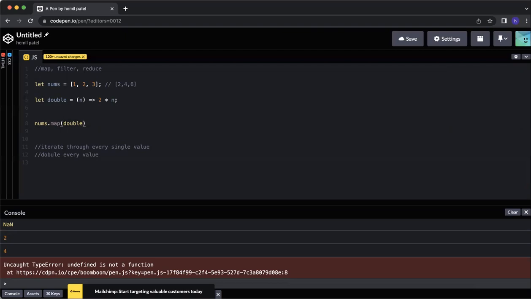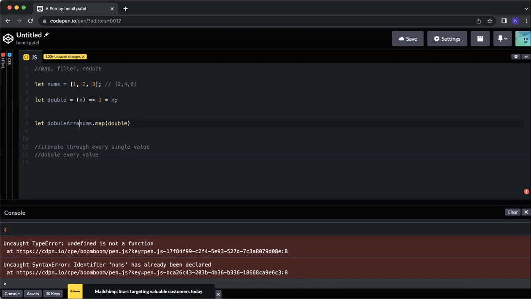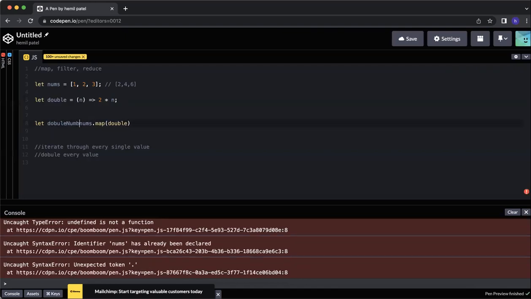What this does is tell the array, I have an array and I need to map it to double, which means it doubles everything in the array. So if I say let double nums equal to this,